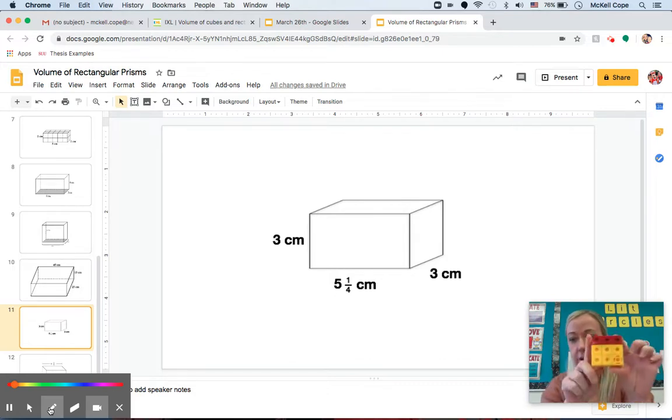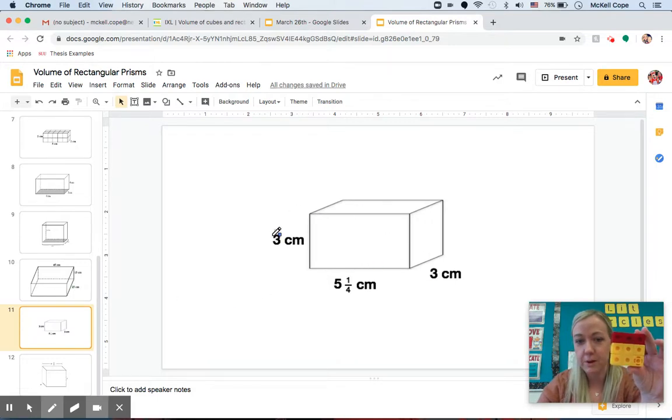Okay, so here I have 3 by 3. So I'm going to actually just multiply the numbers together that don't have the fraction because I want you to understand what this means. So I have a 3 by 3 cubic layer, and I'm going to make this 5